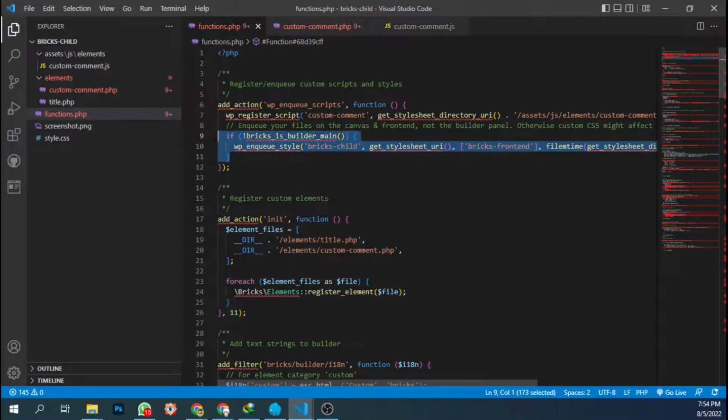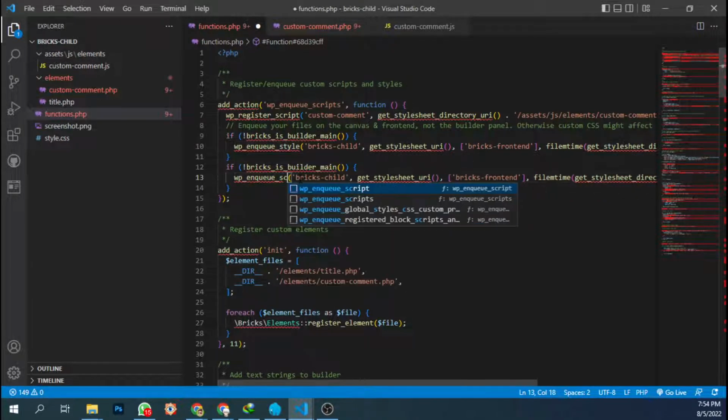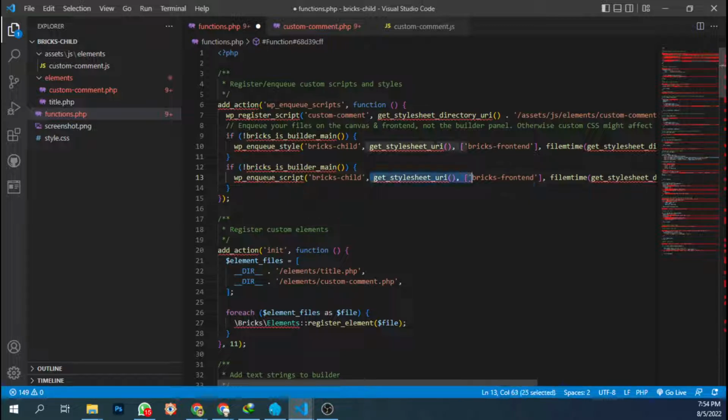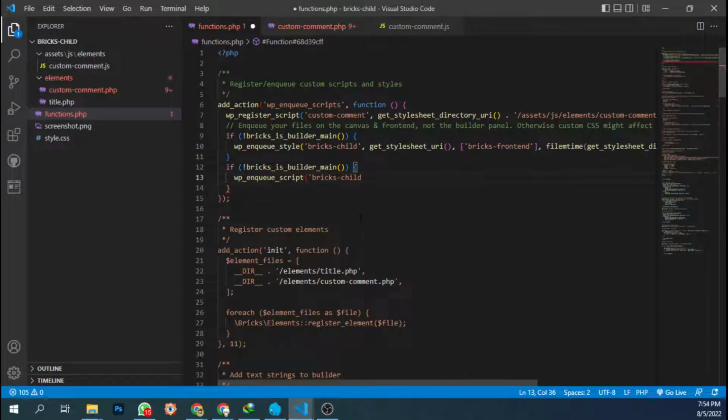Then we're gonna include the file using wp_enqueue_script. Let's change it and let's delete this. And change the name and okay,